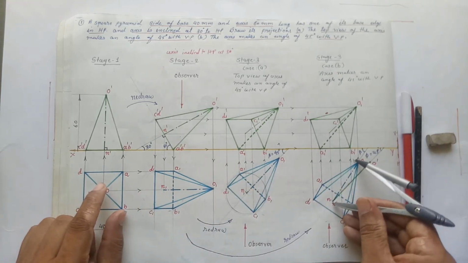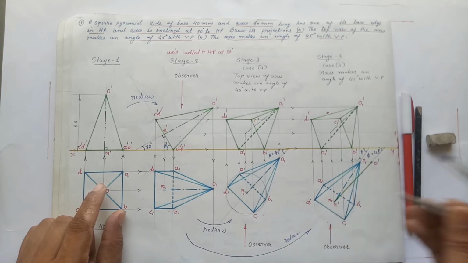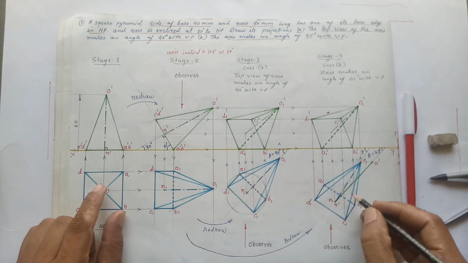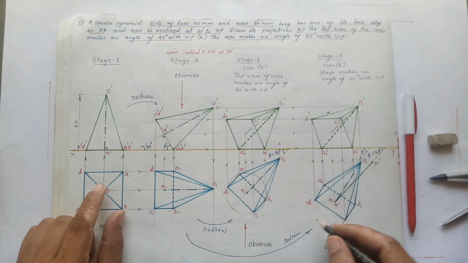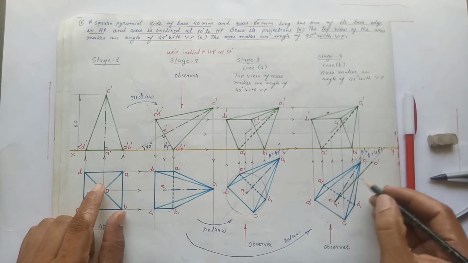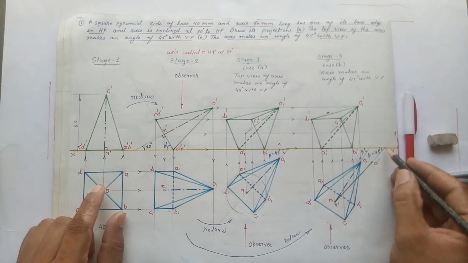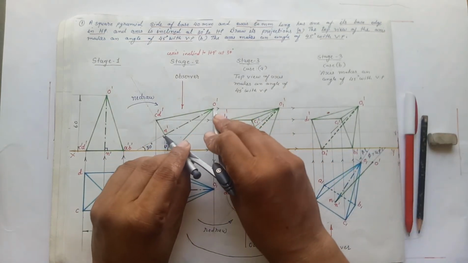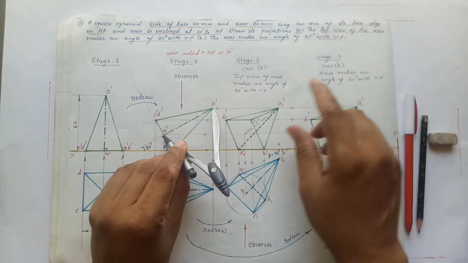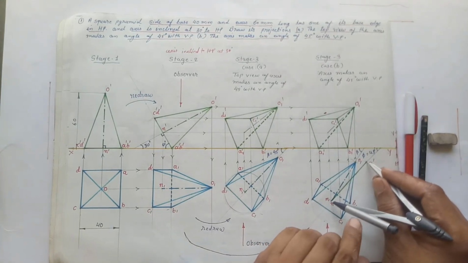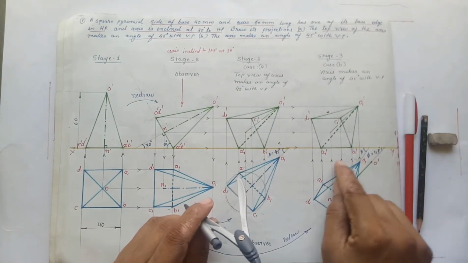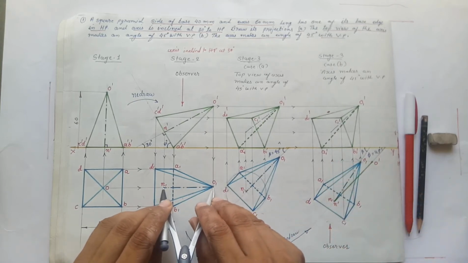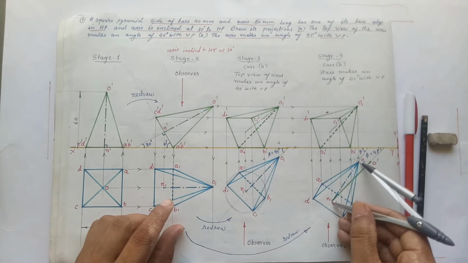and find out the beta angle like this, because we are going to draw the plan, and if you want to draw the plan we have to find out the angle of the plan, and it is the beta angle. So for that we have drawn the angle of 45 degrees. On that 45 degree angle we have taken the axis because it is given that the axis makes an angle of. So here we have measured the axis O dash and dash, and after that we have drawn the line parallel and we have drawn the locus from O dash. After that we have measured O1 N1 and we have found the beta angle.